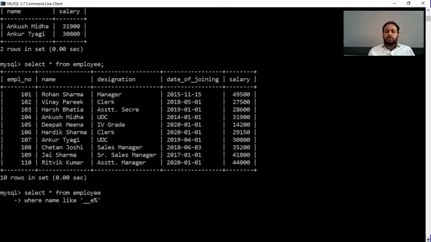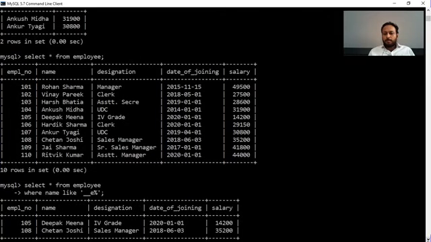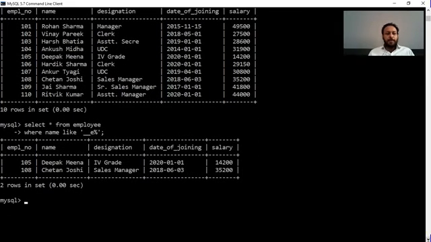There are two employees, Deepak and Chetan, whose third character is E. Understood?